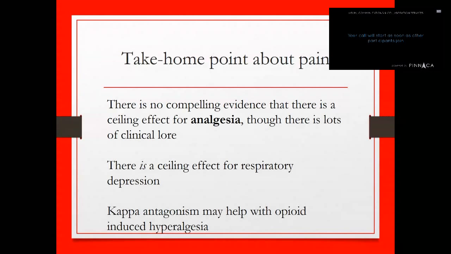These patients may have a significant component of opioid-induced hyperalgesia, which may be compounding or contributing to their opioid use. And it seems that it's possible that the very, very potent kappa antagonism of buprenorphine might actually be helpful for the opioid-induced hyperalgesia associated with chronic high-dose opioid agonist treatment.